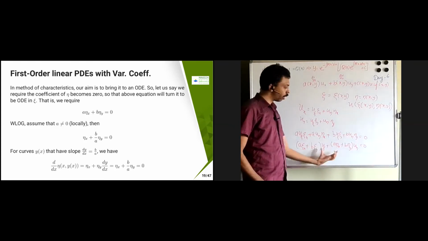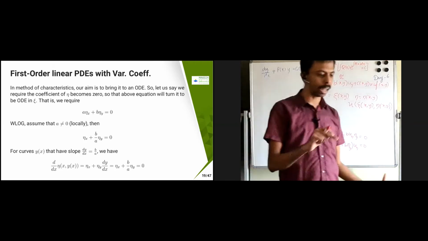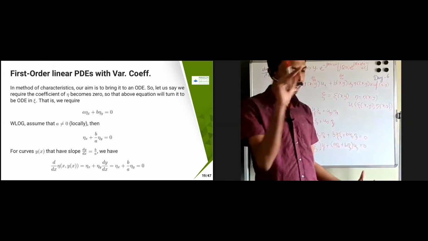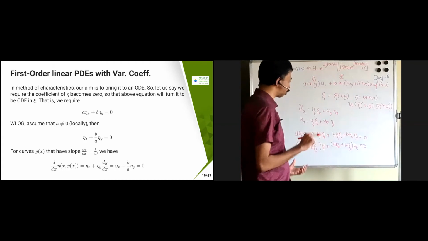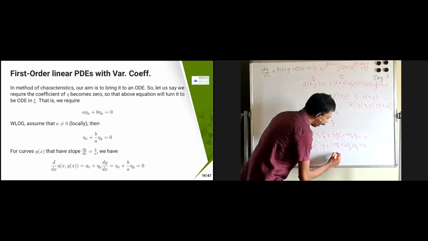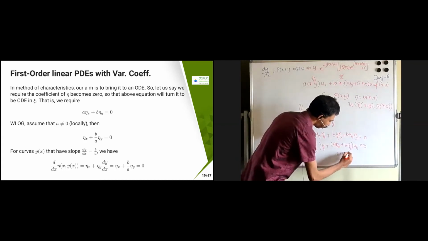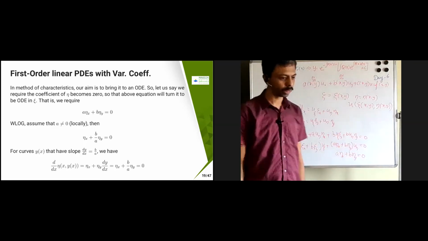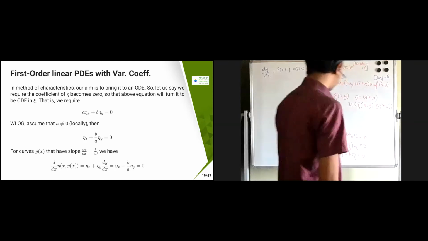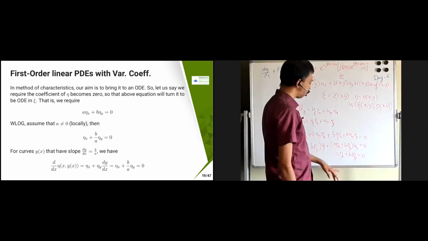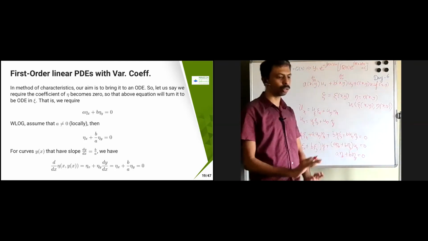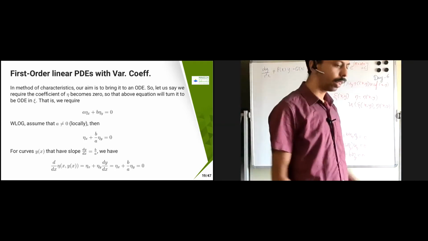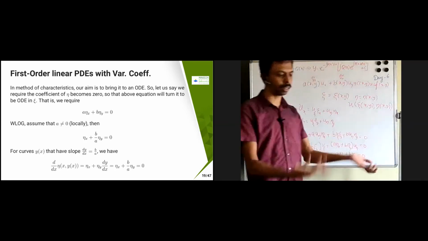Okay, so I'm just going to choose my eta, the characteristic coordinate eta of x y, in such a way that a eta_x plus b eta_y equals 0. So you can choose either a or b not equal to 0. Without loss of generality, I'm just going to choose a not equal to 0. You can choose b also, then you will get different kinds of things.